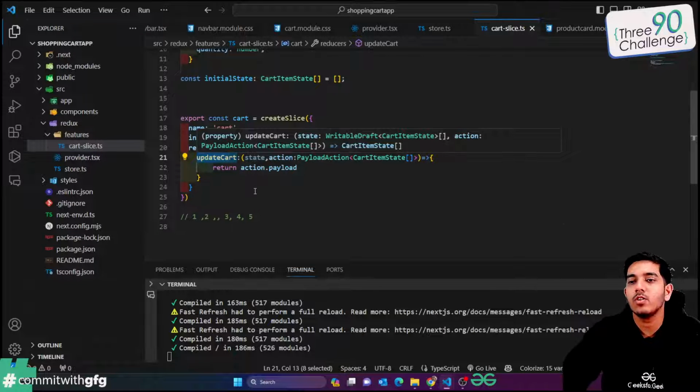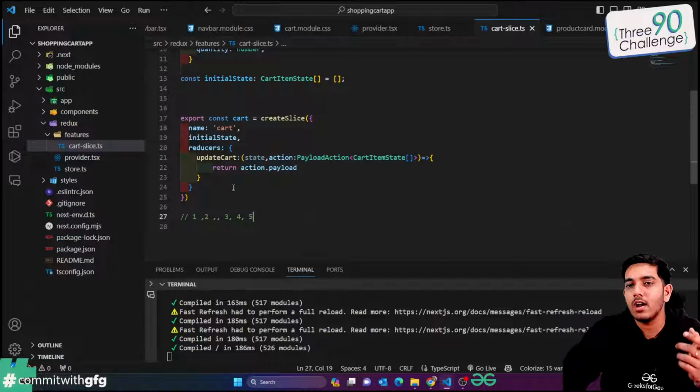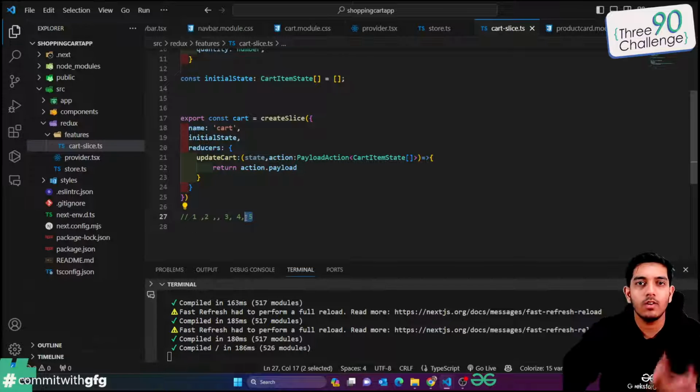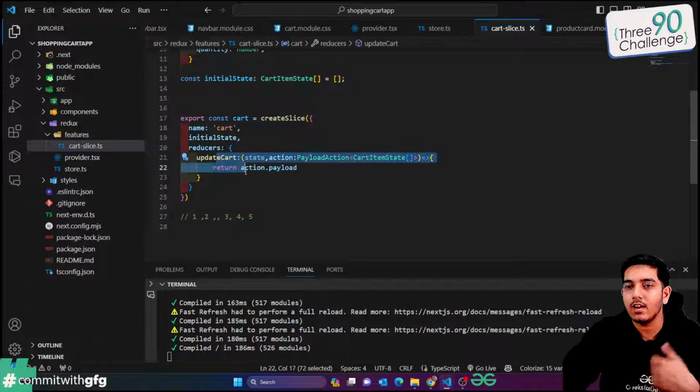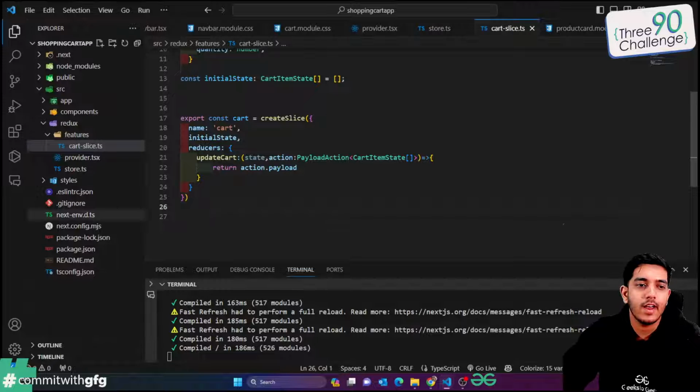Okay, that also can be done. You can add different functionalities, but right now I'm creating one function. If I want to remove an item, I'll remove the item and update the whole array. If I want to increment, I'll increment the item and update the whole array. If I want to decrement the item, I'll update the whole array, and then I'll update this, right? Same, right? So now I'm gonna go back and I'm gonna